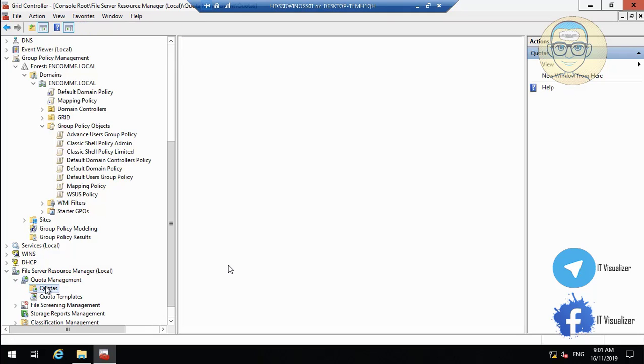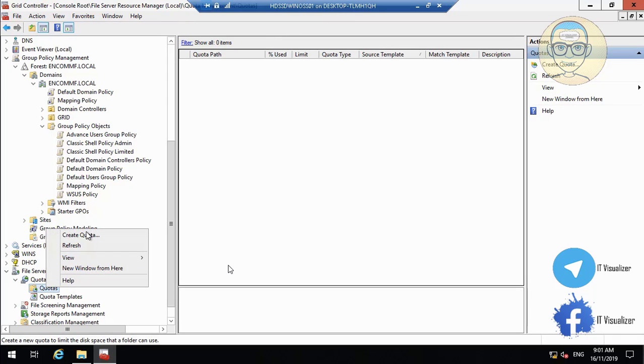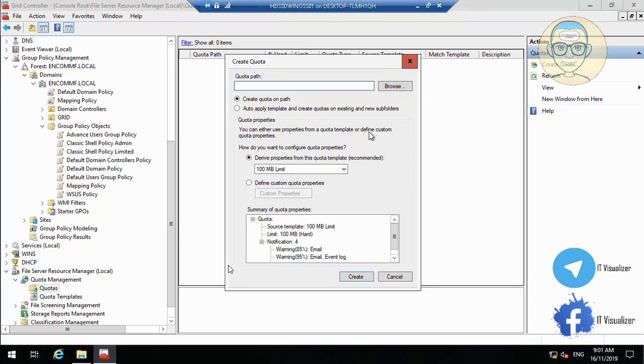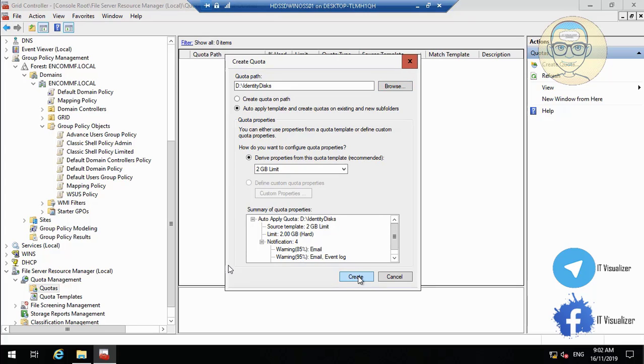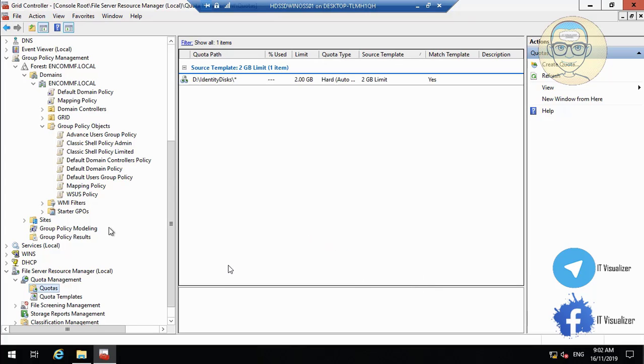So we right click and then create quota, and then we will choose the quota path. We will have 2 GB and we will choose auto apply template and create quotas on existing and new folders. This option we will use on our user home directory folders. Now we will choose here the D, and then we will go to the folder that contains our user home directory folders and then create. So every user home directory folder will have 2 GB of quota, and then